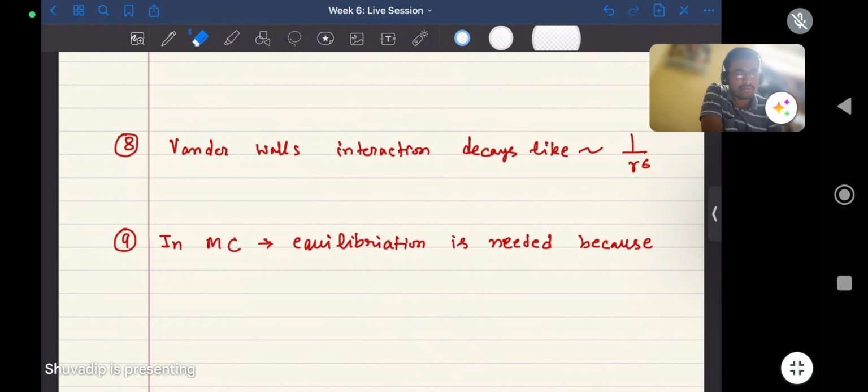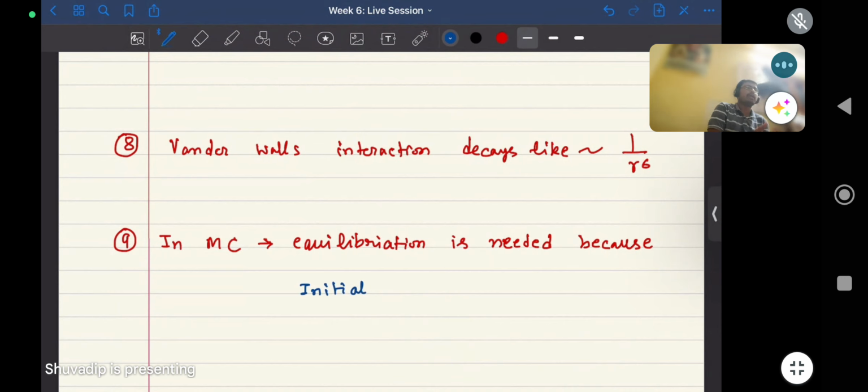the equilibrium. So the initial configuration is certainly not at equilibrium, because we cannot start with an initial configuration which is already at equilibrium. Then there is no point in performing this kind of simulation. So the initial configuration is not at equilibrium,